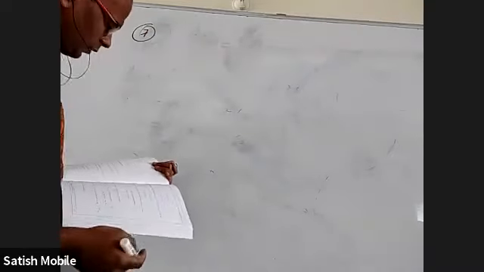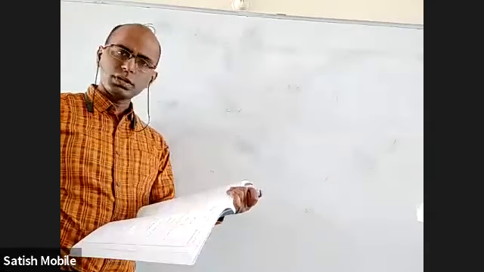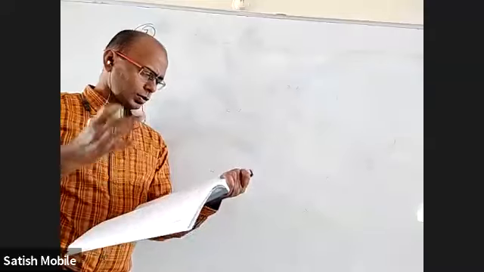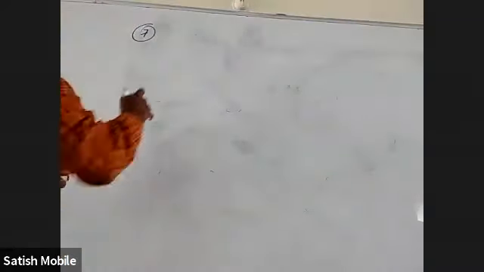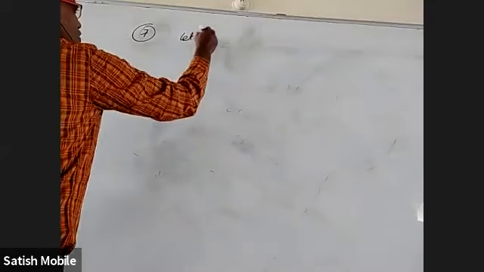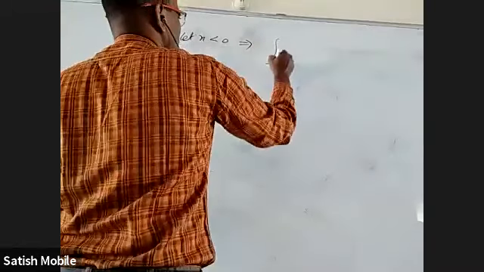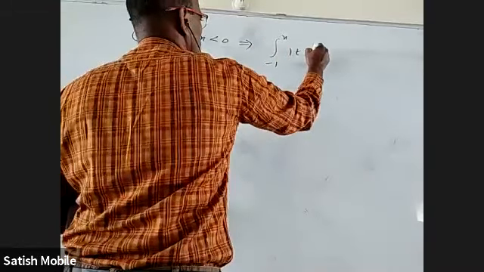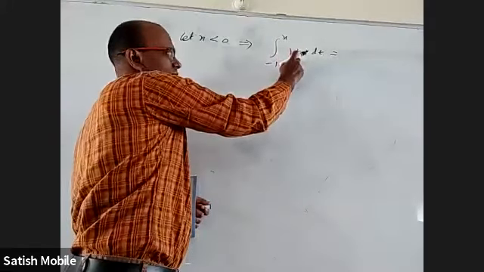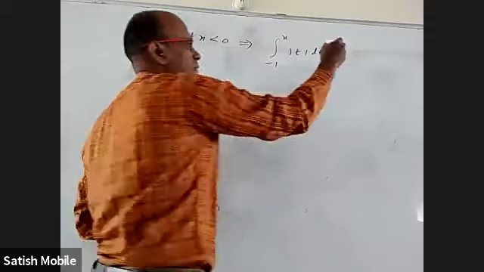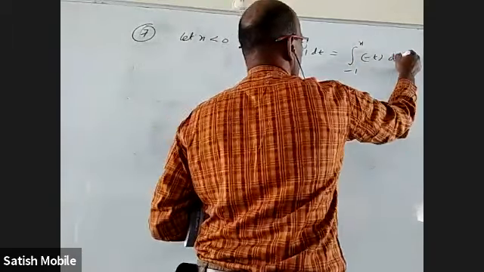Okay, seventh question. Basically, when x is positive, we'll get one way of doing it. When x is negative, another way of doing it. Let x be less than 0. Then it will be simply the integral from -1 to x of mod t dt, because t is negative. When t is negative, mod t has to be written as minus t. So the integral from -1 to x of minus t dt.